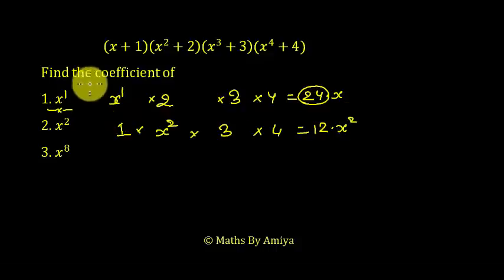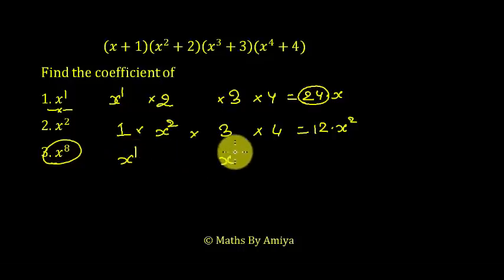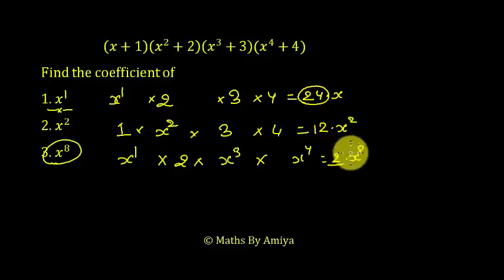The funda behind finding the coefficient is always the same. We use different methods for different types of questions. For example, x8. We want x8, and for getting x8, we need x1, x cube, x4, and 4 plus 3 plus 1 is 8. And from this bracket, we want the constant term, which is 2. So after multiplying these four terms, we get 2 into x8, and 2 is our coefficient of x8. So we need to take one term from each bracket. If you want x8, we have taken x1, x cube, x4.